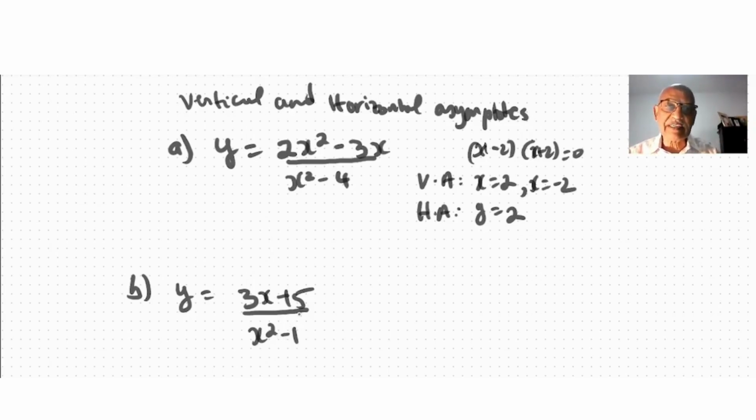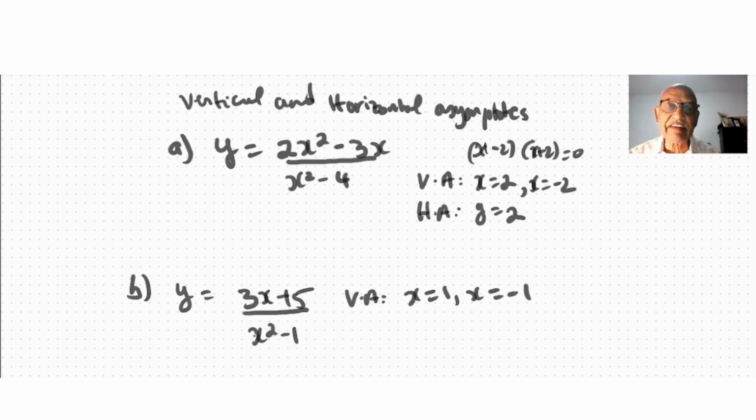Now, in this case, vertical asymptote is whatever makes the denominator 0, which is x squared minus 1, will be x equal to 1 and x equal to negative 1. If the degree of the numerator is less than the degree of the denominator, then my horizontal asymptote means as x approaches infinity. If we put infinity here,